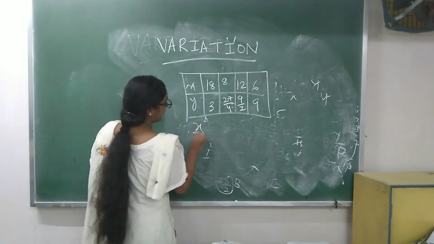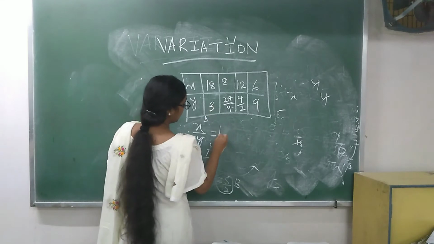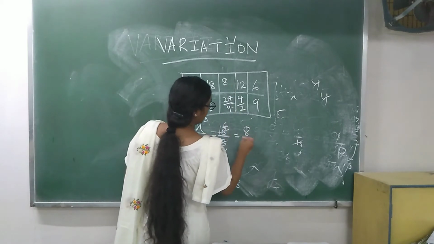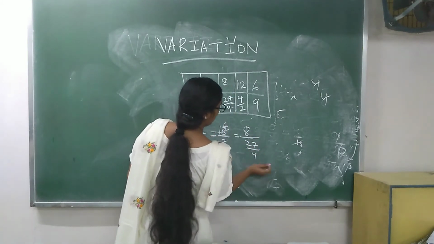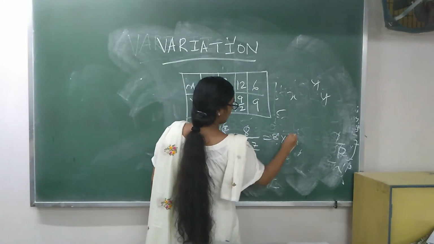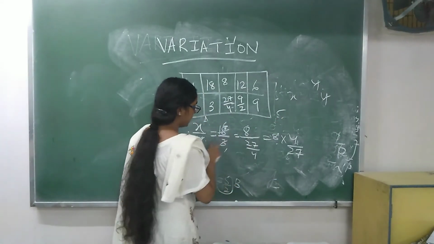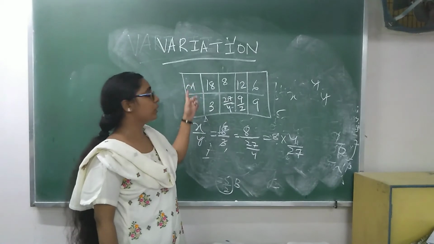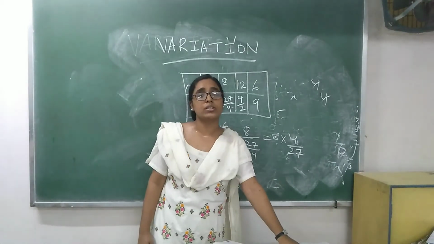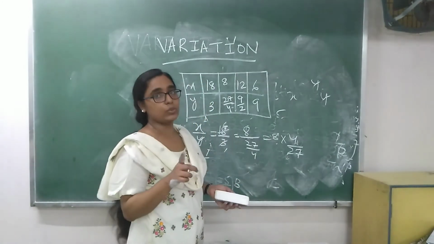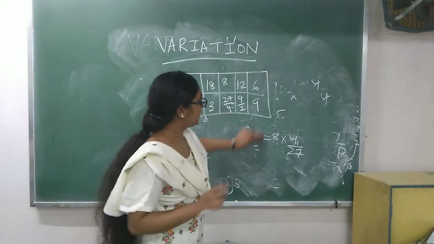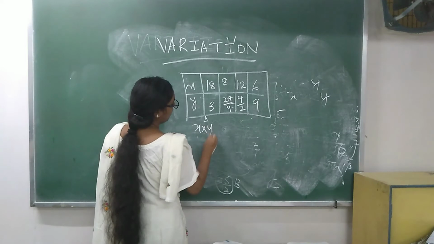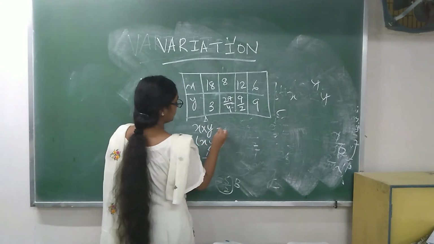See, if you do x by y, you will first write 18/3, so easily you will get 6. Now if you write 8 by 27/4 and solve it, you will not get 6, because you will not be able to solve. It means the relationship between x and y is indirect or inverse relationship. But you have to show why it is. So I am showing you: when it is an indirect relationship, you have to multiply x into y. You can write xy also, both are the same.